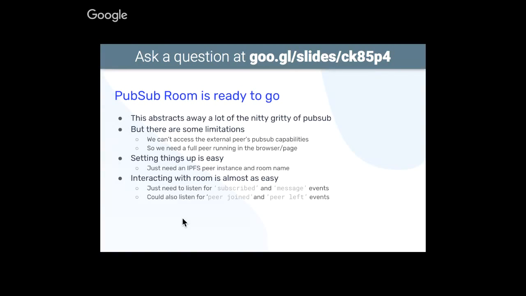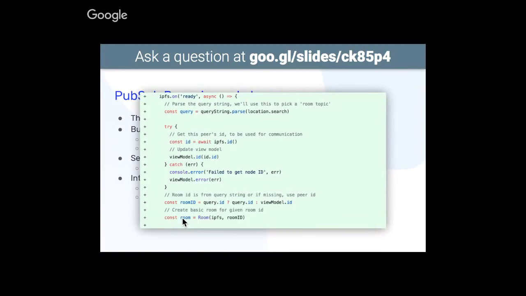But setting things up is really easy. All we need is a running IPFS peer instance in the browser and the name of the room that we want to create. And then interacting with the room is almost just as easy. First things first, once our IPFS daemon is ready, and so we subscribe to its ready event, then like before, we'll parse the query string in case someone is trying to